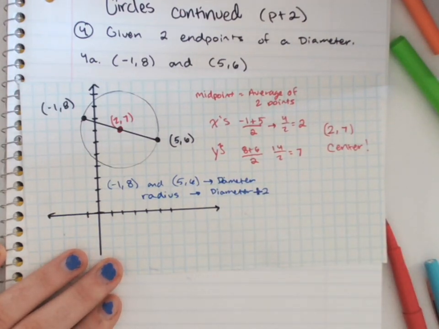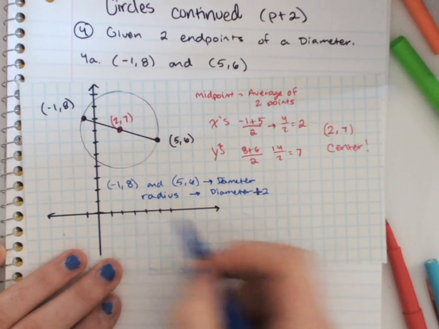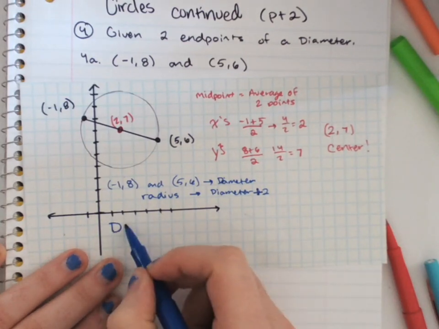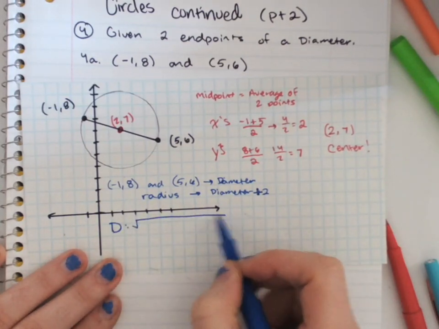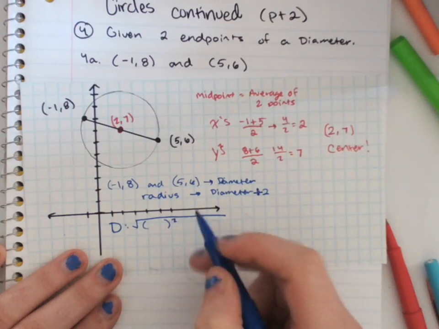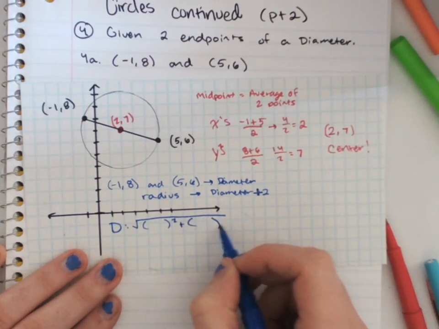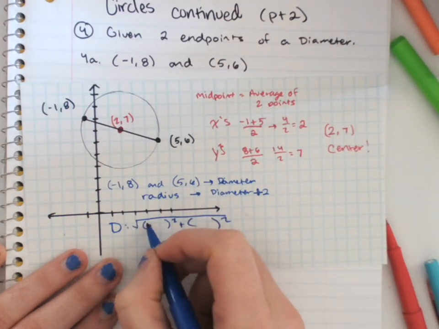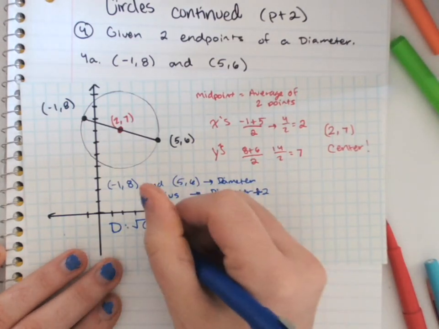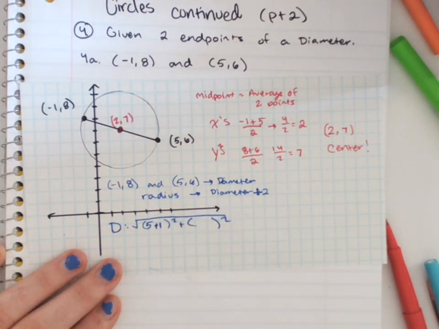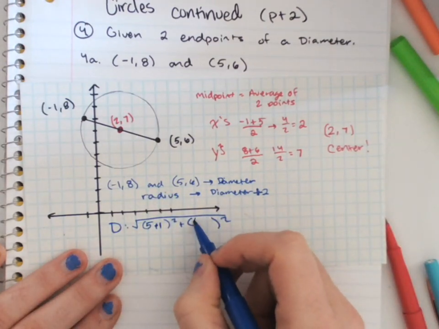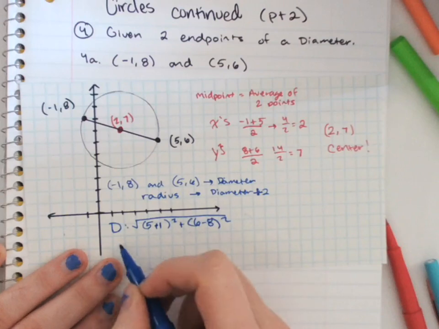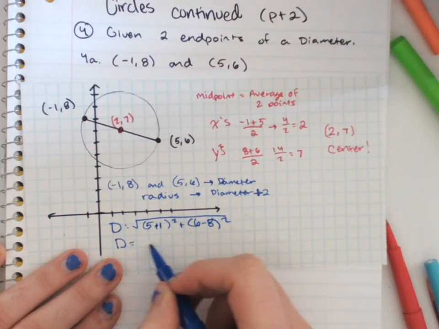This must be a division sign, but you guys know what I'm trying to do. So let's find d, the diameter. We're going to find the difference of the x values, so that's 5 take away -1, or +1. The differences of the y values, 6 take away 8. Our diameter is going to be